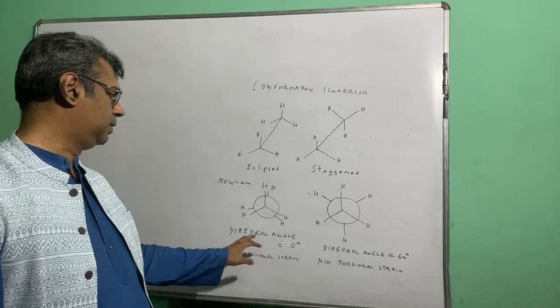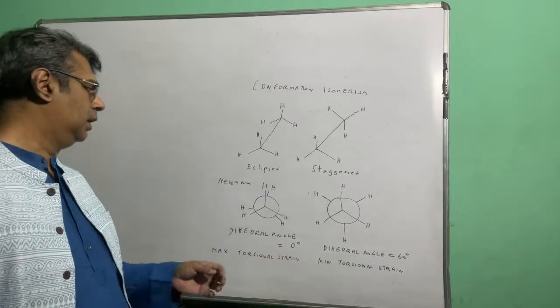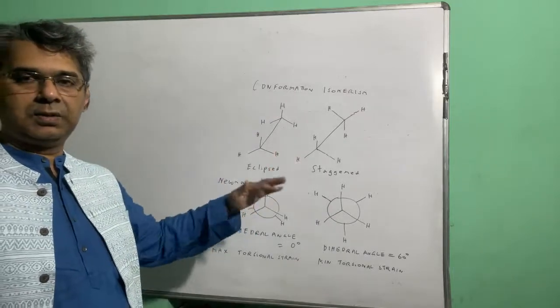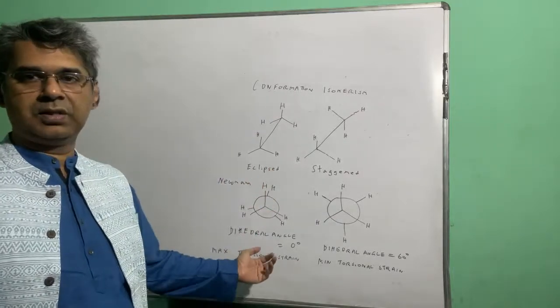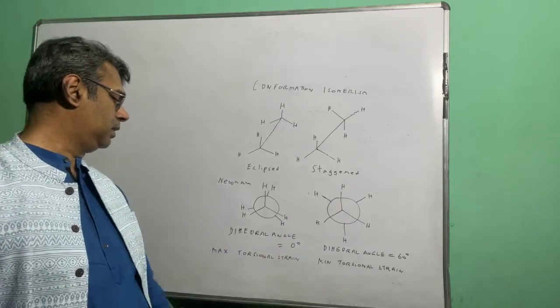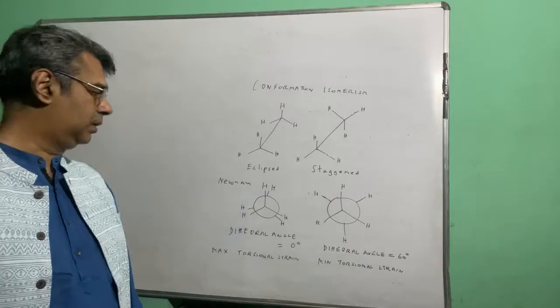And in eclipsed we say the dihedral angle is 0, I think you understand what it is. The angle by which the back hydrogens are displaced with respect to the front hydrogens. That angle is called dihedral angle. So in eclipsed, the dihedral angle is 0 degree, and the torsional strain, which I was telling you, the steric factor,